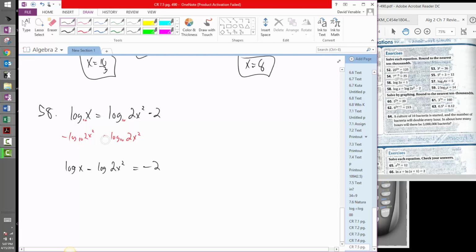So all I did was subtract this on both sides. Here it canceled out, and then here I just rewrote it. All right, separated by subtraction. Do you remember what that is? The quotient property. If I write it as a single logarithm, it's log of x over